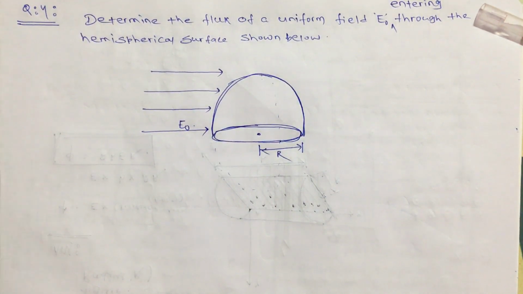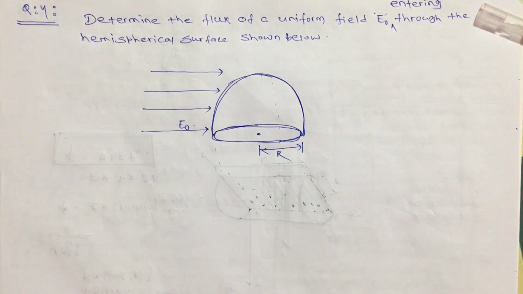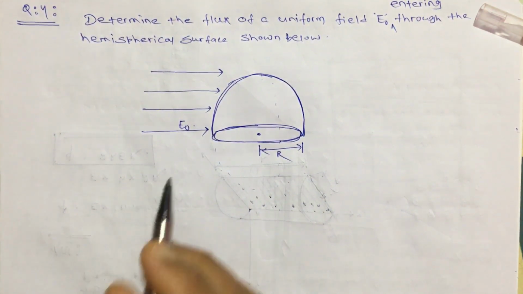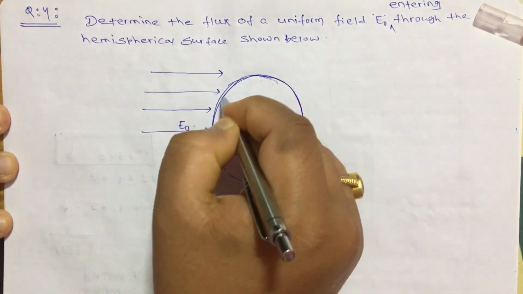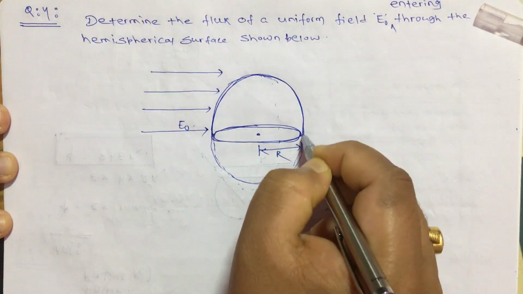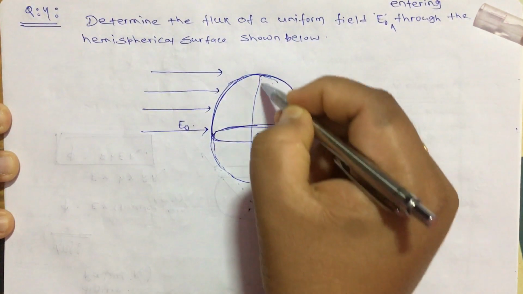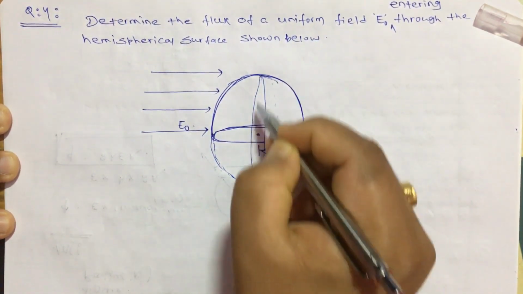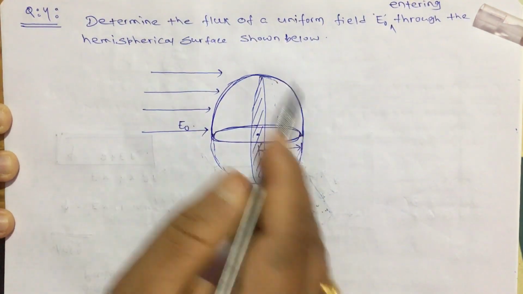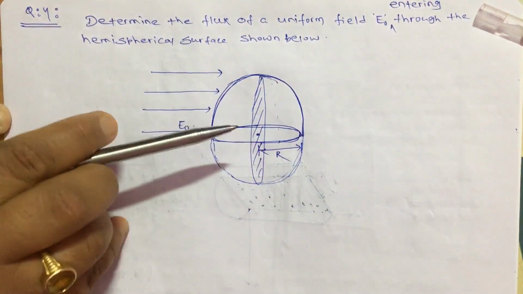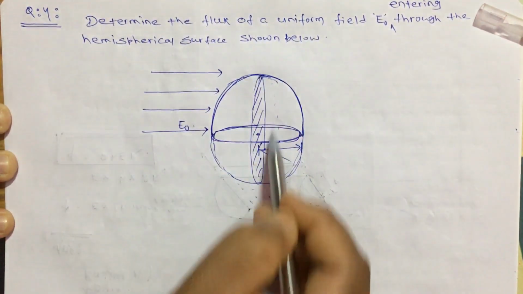Now if you see this hemisphere from this side, it is not going to look like a flat surface. Okay, how will it look? Just for imagination, let me draw the total sphere here. If it is a total sphere, then there will be a flat surface like this. If we look from this side at the total sphere, how will it look? A flat surface. Okay, like this flat surface.